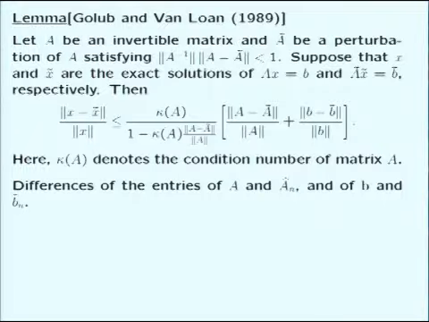When you have two linear systems, and the matrices and the vectors of interest are very close, then the solutions have to be close. This is standard linear algebra. It depends on some other quantities. So when the difference between the entries of the matrix in the theoretical or population case and the empirical equivalent, A n hat and B n hat, is very small, then you should have the solutions to those systems very close.